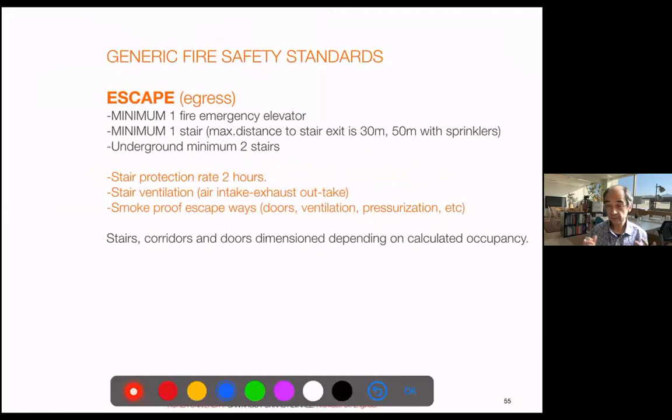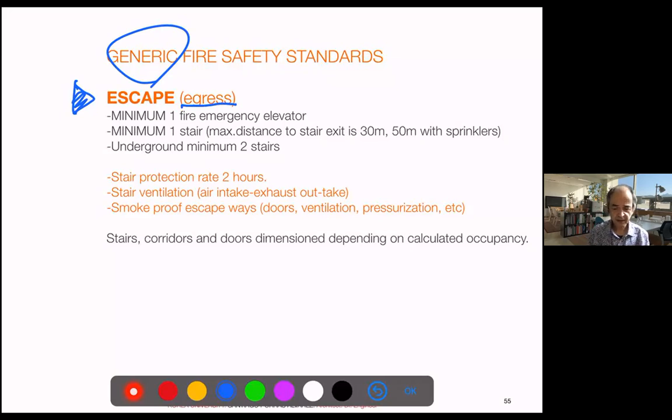And to save lives, we concentrate on the possibility to escape from the building, what we call egress or escape. This is very generic and depends very much on the standards. You have to study the standards, and the fire standards change all the time. In the 35 years I have been working in Spain, I have already seen over 6 or 7 different standards, every time much stricter.